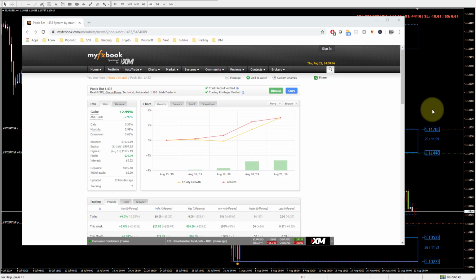This is the account running at the moment. It's been running for a couple of days. We're about 3%. We have some positions open, so things are cruising along nicely. Okay, so yeah, it's an exciting experiment. I think it's very fascinating to experiment with algorithmic trading based on the discretionary tools that we have in our